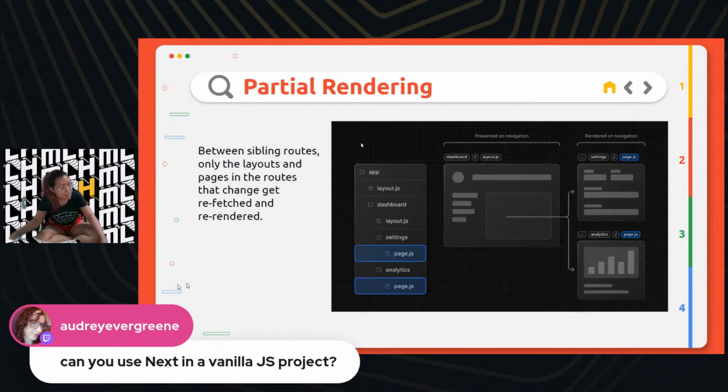So can we use Next in a vanilla JavaScript project? The answer to that is, by being a Next project, it isn't vanilla anymore. Vanilla means that you have no libraries, no framework. It's just the language, just like script.js in an HTML project. Whereas if you're using Next, the folder structure and the way that the dependencies are connected make it not vanilla anymore. Vanilla JavaScript never has a package JSON, but Next will have a package JSON. So yeah, that answers that.